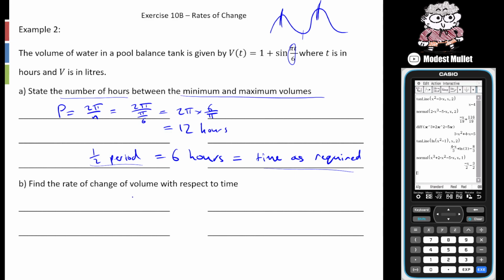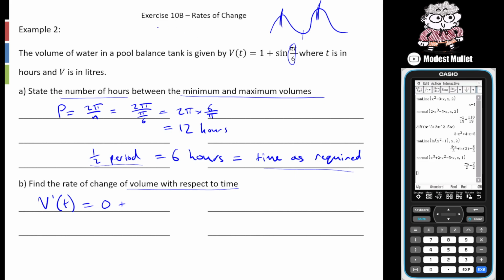Now we could also find the rate of change of the volume with respect to time, though. We can do that. So we want to find the derivative. So we have two functions added together, so we need to find v dash of t. Well, the derivative of 1 is just 0. So we get 0 plus. Now the derivative of